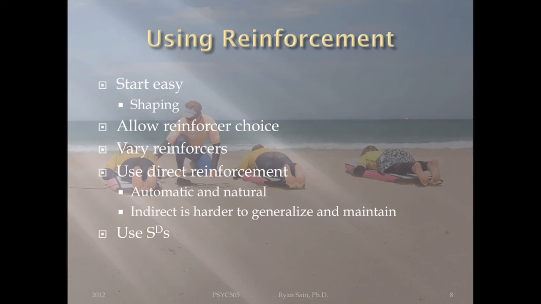So by using that discriminative stimulus, she was actually able to get the behavior under her control and not just the dolphins' control. Well, of course, the dolphins had some control. There's this whole thing called counter control, which we'll deal with later. But as a result, she was able to completely manage this response just by adding a discriminative stimulus, saying, it's okay to swim to the bottom of the tank if the little blue signal is up on the wall. My gosh. And the dolphins learned it, and off they went, and they started doing their thing. And then she trained them to do the other stuff as well.